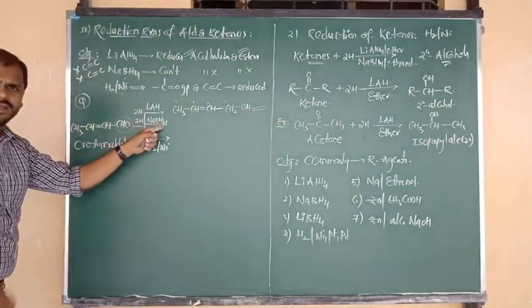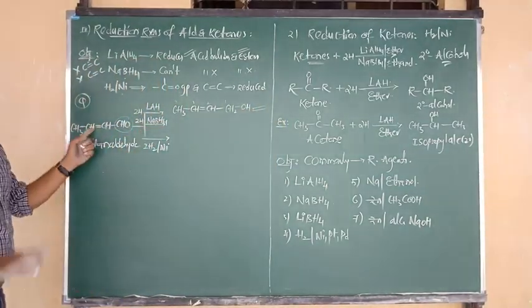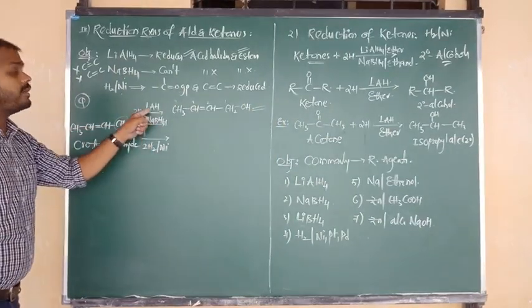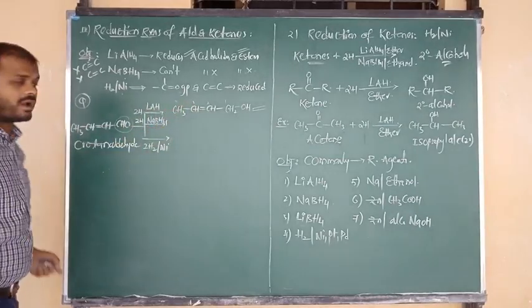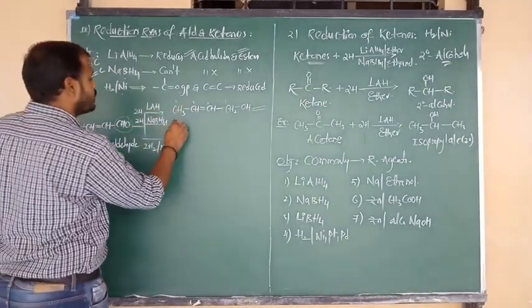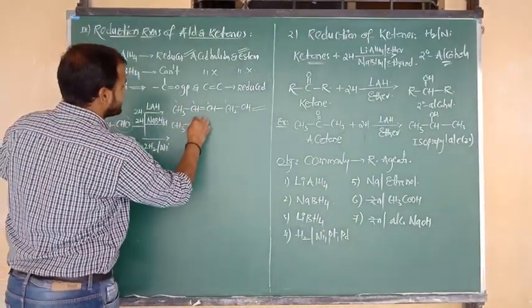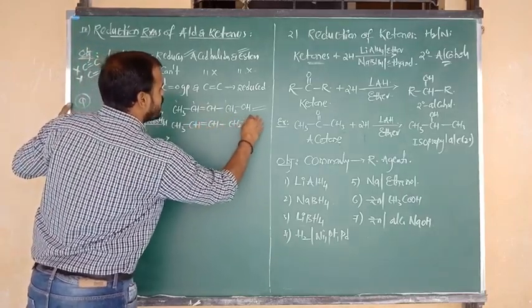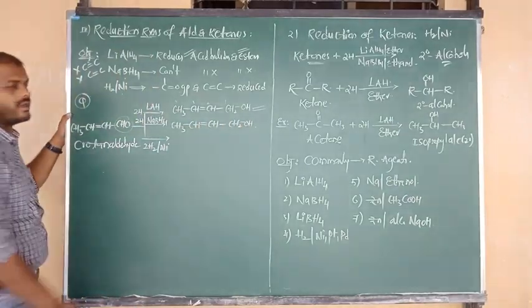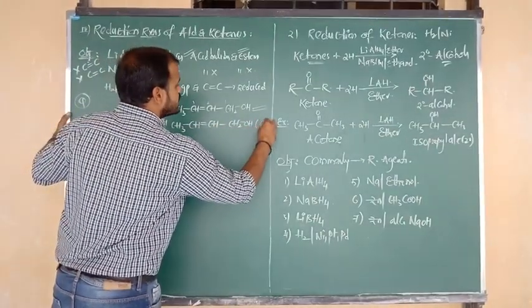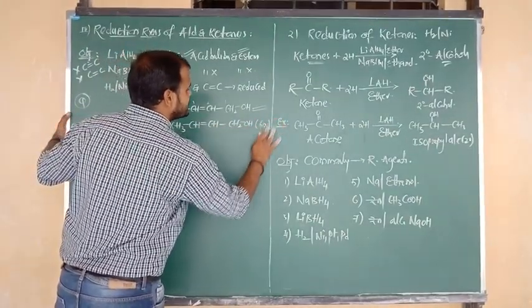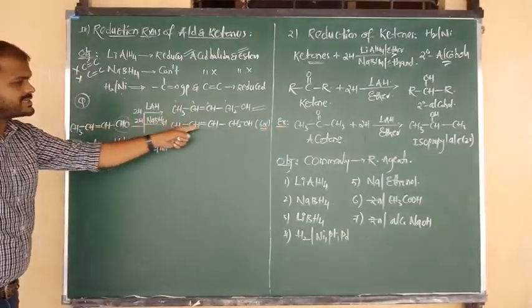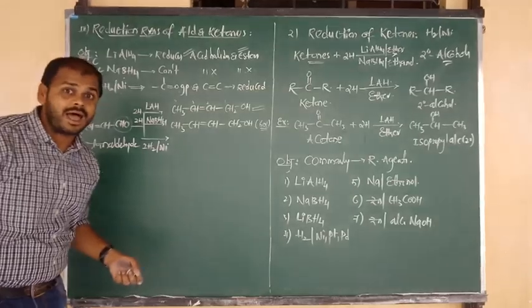Next, sodium borohydride does the same thing. It cannot reduce the double bond. It has a little bit of chance, but lithium aluminum hydride cannot reduce the double bond. Okay, so what is the product? The same product: CH3 bonded to CH, double bond CH, and the aldehyde group changes into a primary alcohol. This product you get around 60 to 70%, so we can say this is the major product. So 60 to 70 means another nearby 40 is there.